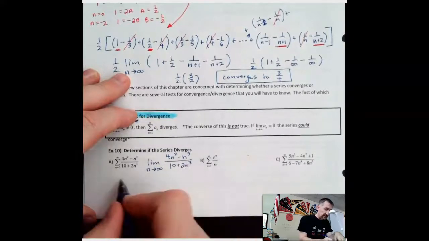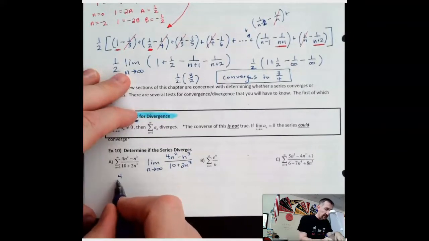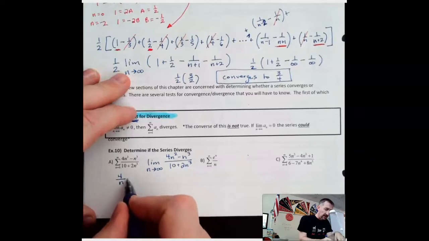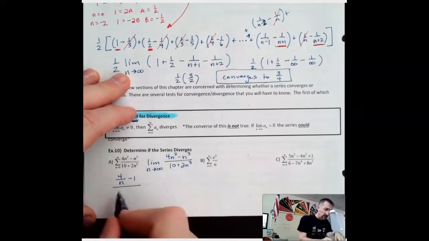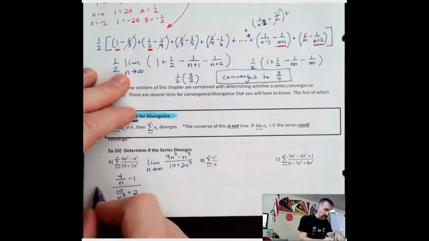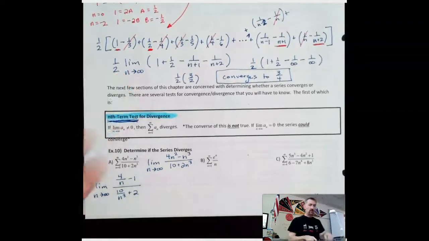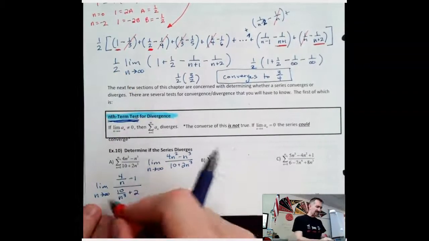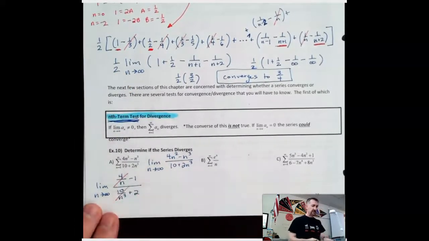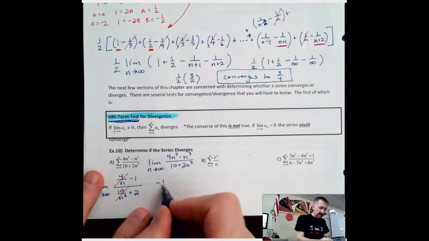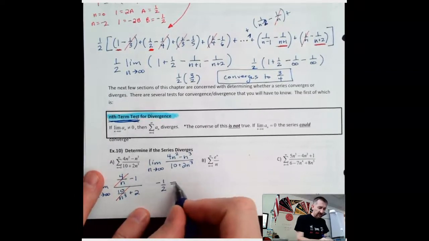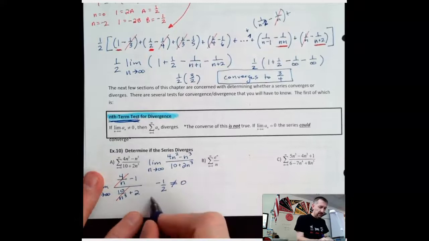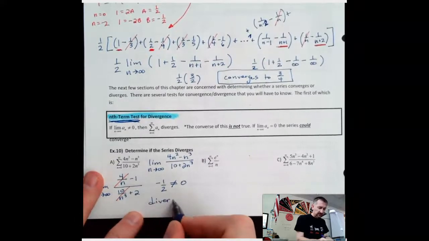So if we divide all those by n cubed, we would have 4 over n minus 1 over 10 over n cubed plus 2. Okay? So that means those are both going to go to 0, so that's going to be negative 1/2. Negative 1/2 does not equal 0, so this diverges